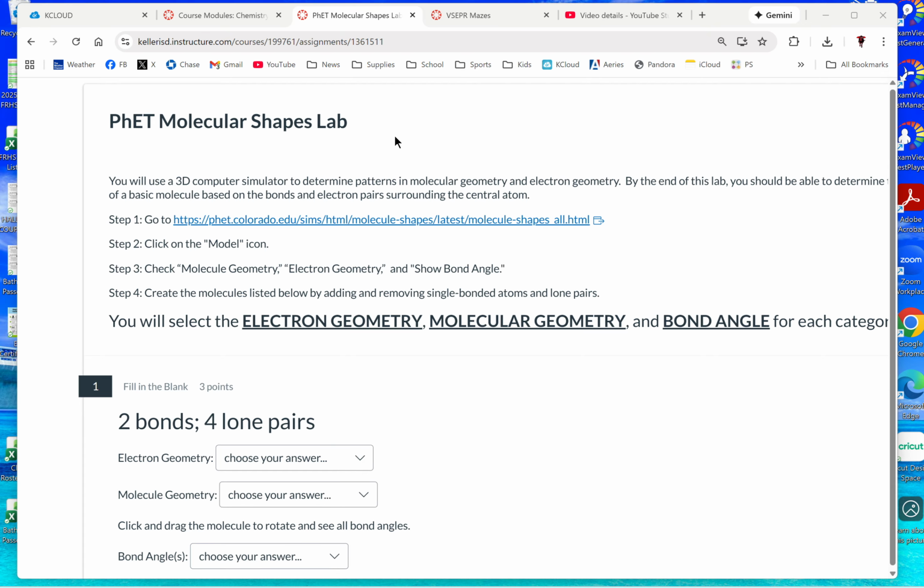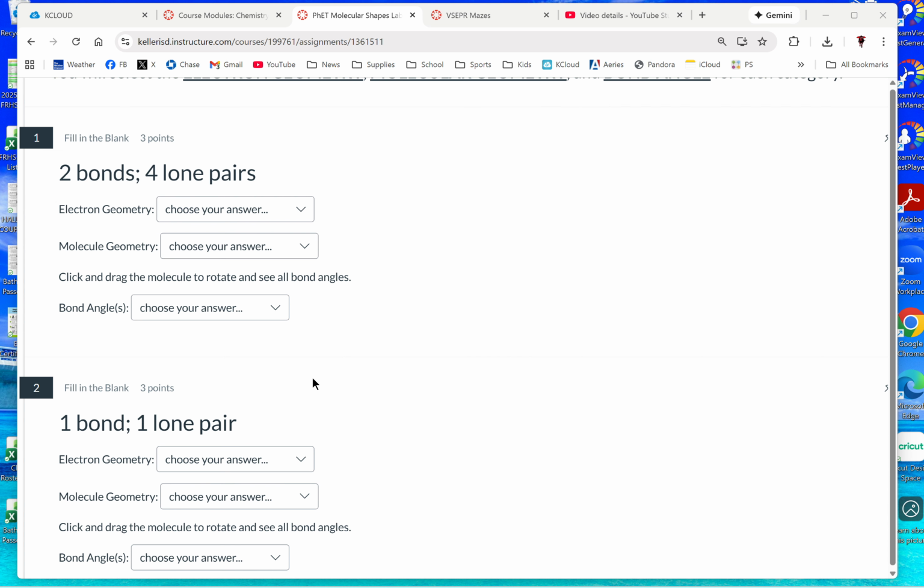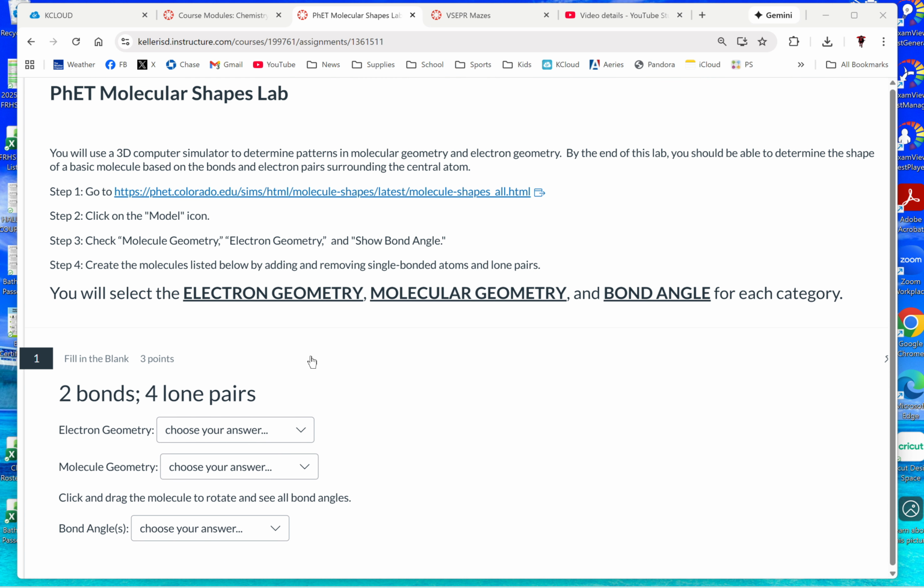So this is a Canvas assignment, and what you will need to do, if you're not used to doing this, is read the instructions. It tells you exactly what to do. You click on this site, it'll open up a new tab, tells you to click on molecule and then these little check boxes on there, and then you'll answer questions based off of what this little simulation gives you. And so when you click on this, it's going to give you